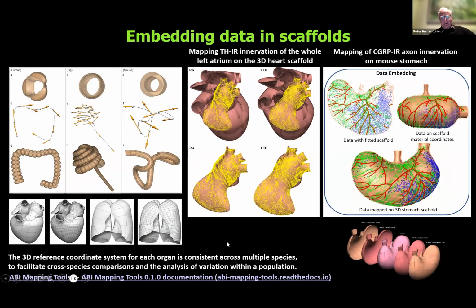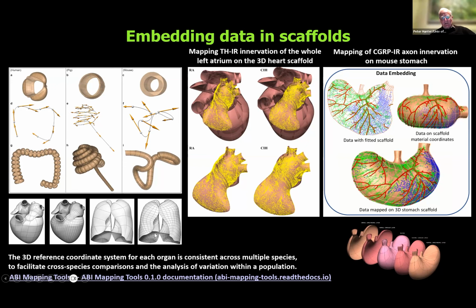The scaffolds are built up from components using that CAD approach that I mentioned earlier. For example, building a whole colon from defining the center line, defining the haustra and the coli, and then being able to build a finite element description of the anatomy into which you can then embed all sorts of protein or genomics or histology data, and being able to develop those scaffolds so that they're applicable across various species, in this case, human, pig, and mouse.